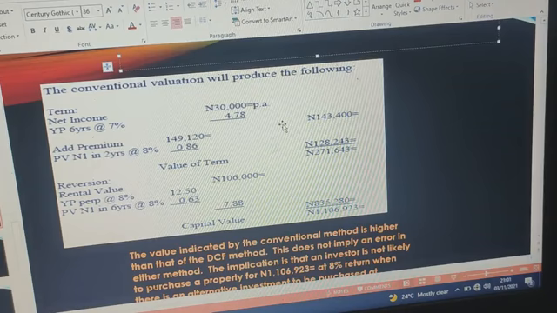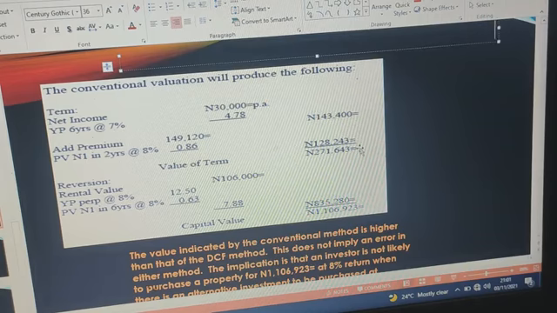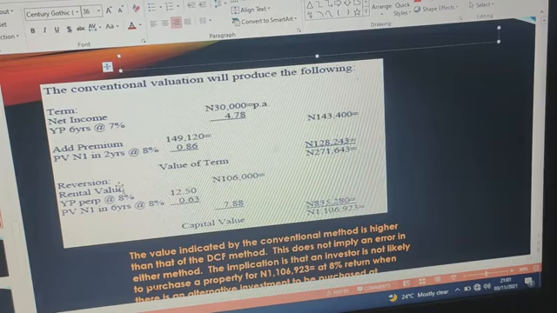Add premium 149,120 equals. PV N1 in 2 years at 8%: 0.86, and 128,243 equals. Value of term N2, 71,643 equals. Reversion: rental value